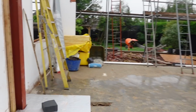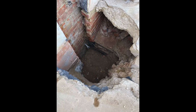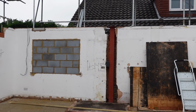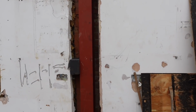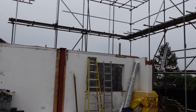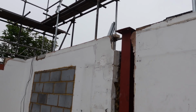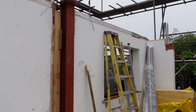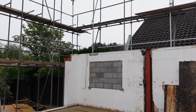But then look at this, guys. We have got our steel posts put in here. The holes for these are so deep, and these steel posts have been bolted into the ground. On Tuesday, all of the steels are arriving and they will be craned in. The reason we haven't had the tin hat put on yet is because the steels are so big. As you can see, the span from there to there is enormous, 8.7 meters. So it's absolutely massive. They wanted to get a crane to crane it in,